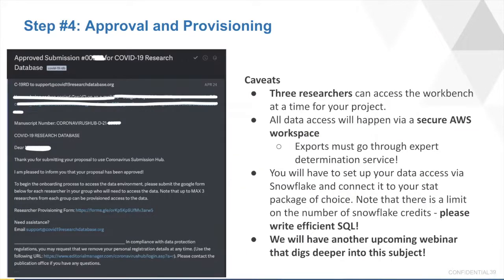All data access happens via a secure workspace. You can't just download this data onto your machine. It all happens in this secure Amazon workspace. The AWS workspace has your stat packages there. It has R, it has Python, it has Stata, it has SAS. You have to set up your tables, your data queries in SQL via Snowflake, and you attach your SQL, your Snowflake data storage to your stat package. And we have a